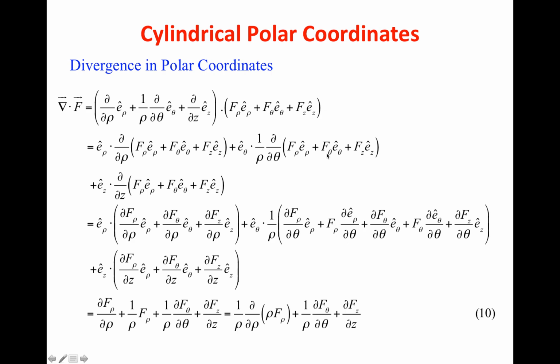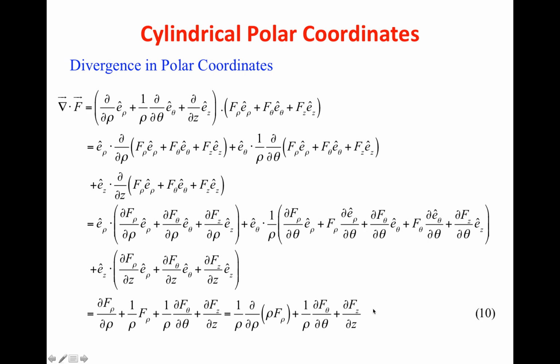And similarly, in the third term my E z cap was independent of that, so that will remain as it is. So, when I take the derivative, take the dot product, remember that my E rho cap, E theta cap and E z cap are orthogonal. So, E rho cap dot E theta cap is going to be 0 and so on and so forth. So, this is the expression that you should be able to derive. So, take a pause over here, do the calculations yourself, verify for yourself that this is the expression that you are getting for the divergence of a vector field f in your cylindrical polar coordinates.